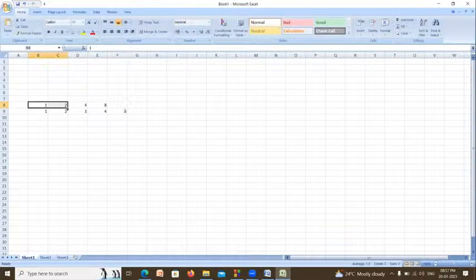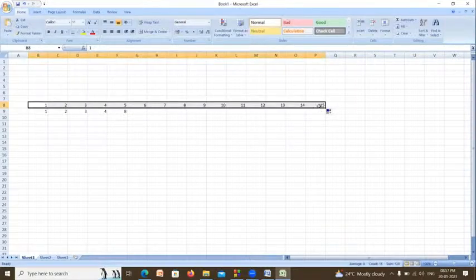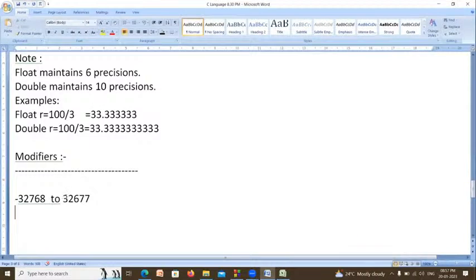In this way, if you write 32 bits, the final value is 32,767 plus, to minus 32,768. In between these two only we can store.